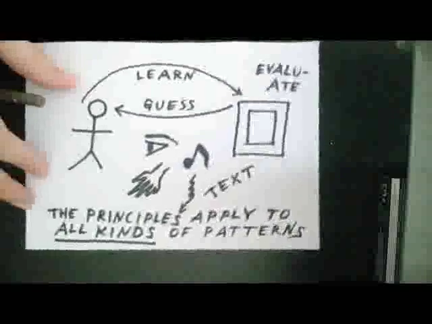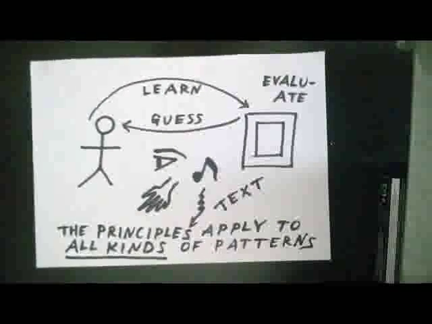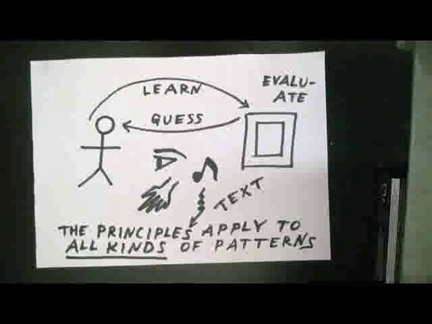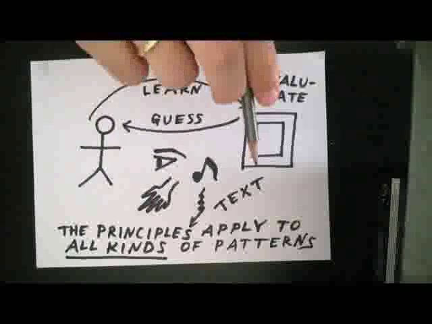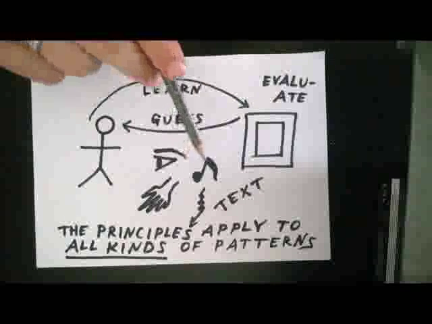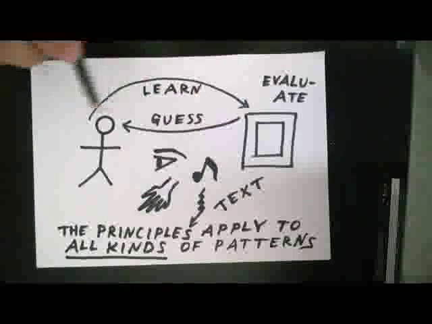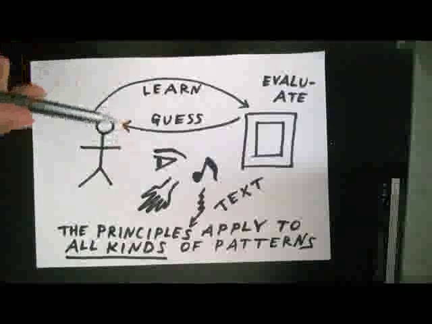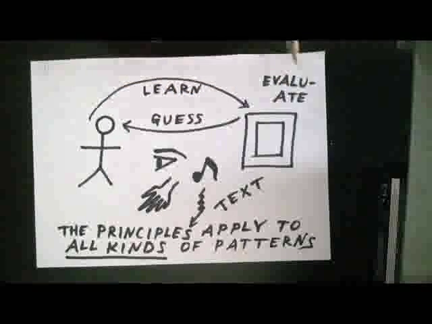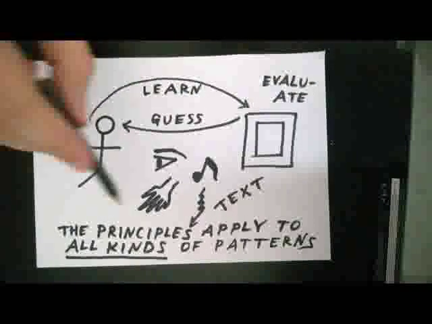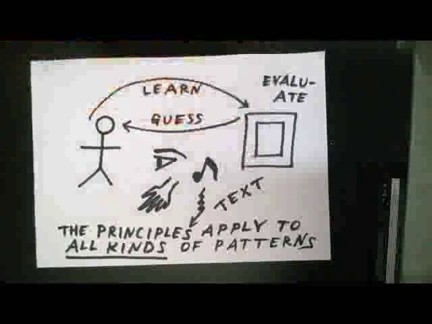Now, you may notice something interesting. I have not mentioned so far on what kind of information the system operates. And that is so on purpose, because what we have so far explored applies to any kind of information. If it is visual, auditive, text, or tactile, or anything. The principle of guessing a reply, learning a reply, and evaluating it, and finding further analogies and conclusions, can be applied to any type of input whatsoever.